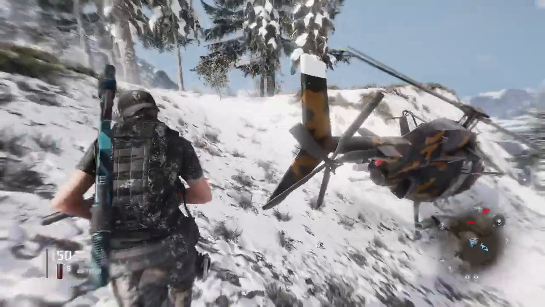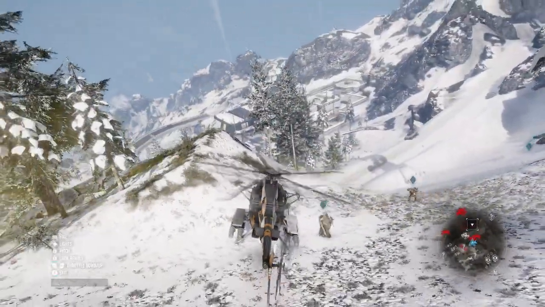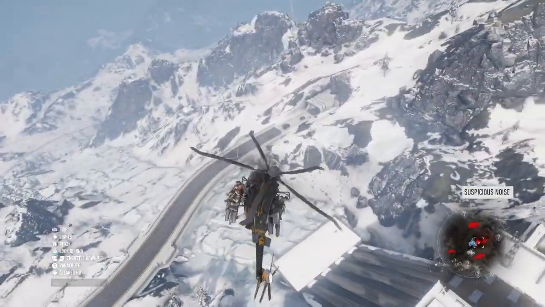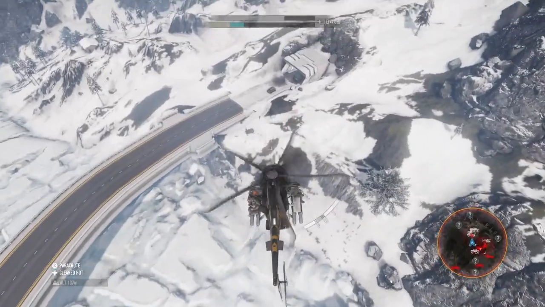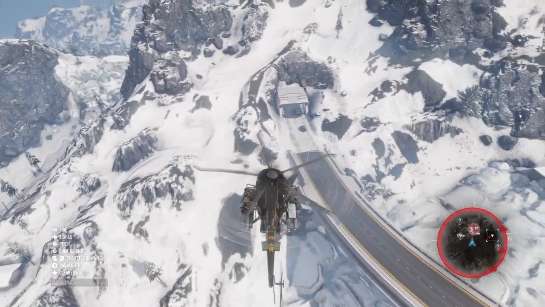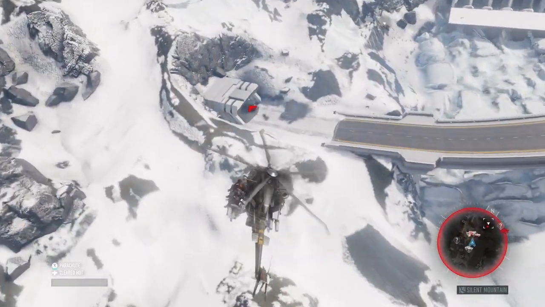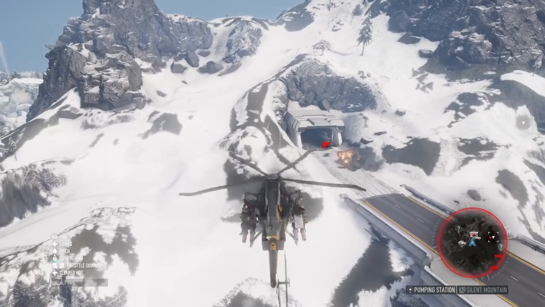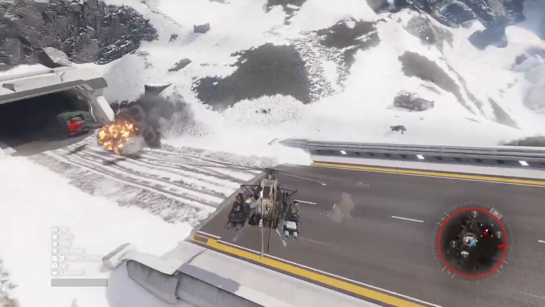Hey, we got company. Tactical cache near. So we're going to go grab that thing. You don't have to wait for these guys to jump on, they'll automatically pop up. Watch, incoming rocket! So once you get rid of everybody, oh,